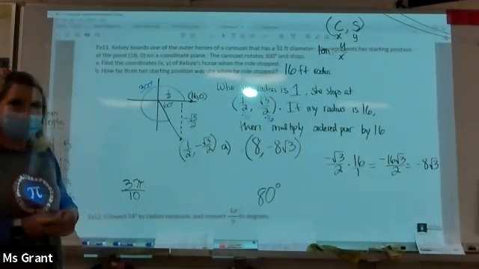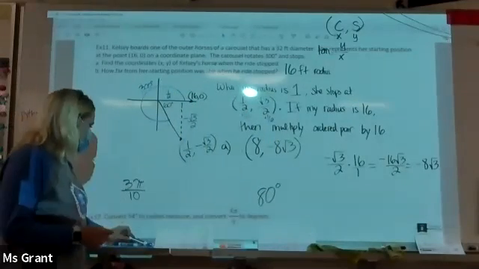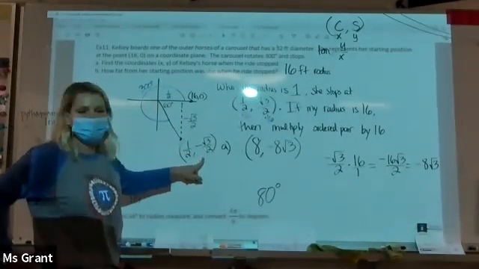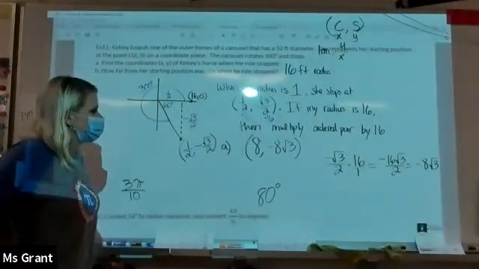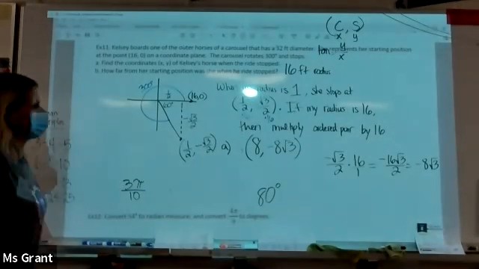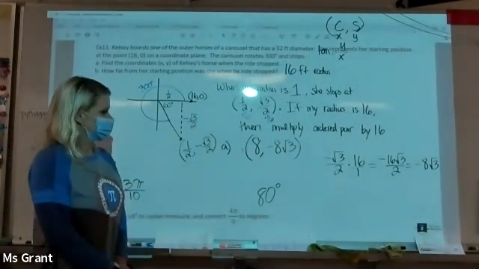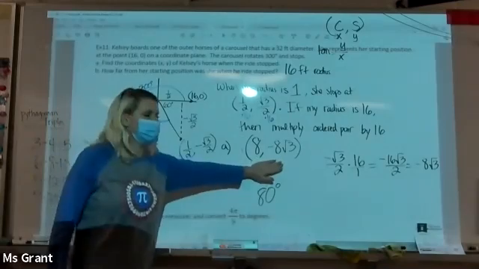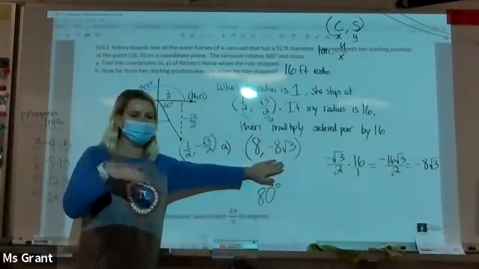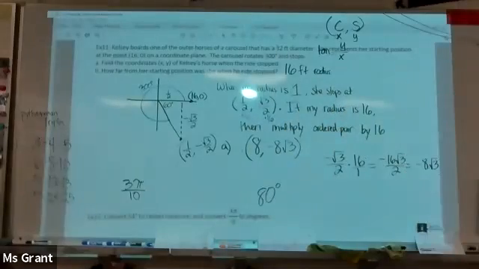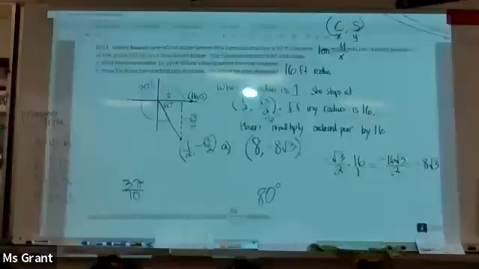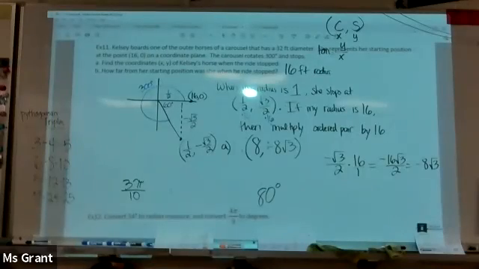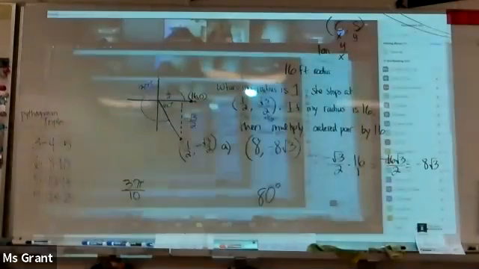You have to take into account that this path does not have a radius of 1. I can't use my typical ordered pairs. I have to use when 16 is the radius. So here's the answer to part A. We're not doing part B because that involves arcs, and we haven't talked about arcs at all. Your homework is on